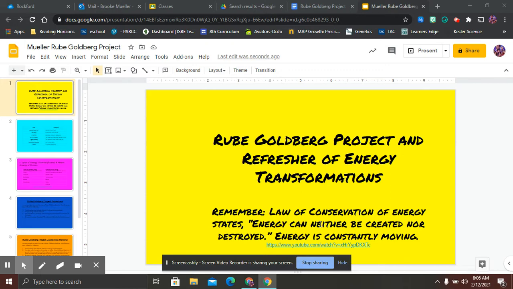As we are wrapping up our energy unit, we remember from the very beginning that our big question was to create and design a Rube Goldberg machine. As we work through what this project is going to look like, you'll have many examples of what it is. Remember, Rube Goldberg was the guy who created really complex machines to complete very simple